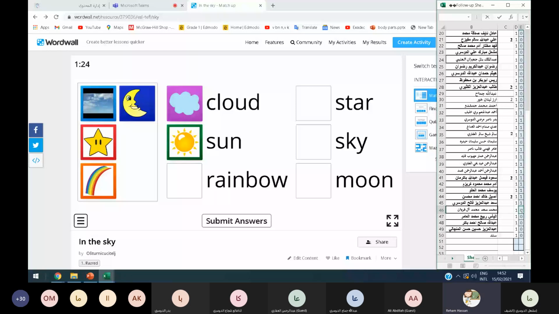Okay, Elias. If you look at the sky, you will see an object that makes its own light: the sun. But in the night, we have two: the moon and the stars. Which can make their own light, the stars or the moon? Stars. Yes, the stars. I will tell you inshallah about the moon, because the moon cannot make its own light, subhanallah, but only the stars can make their own light.